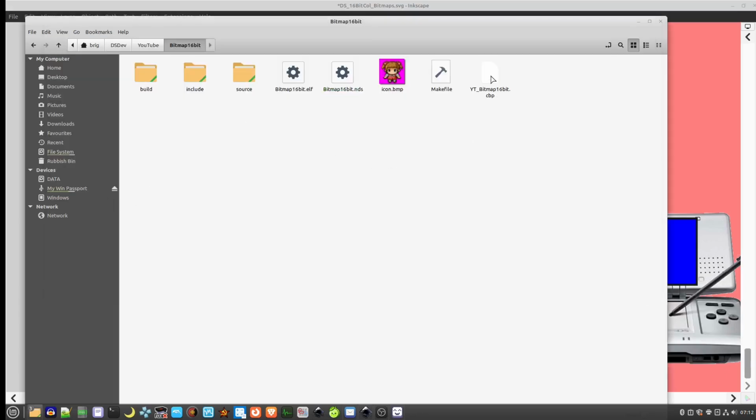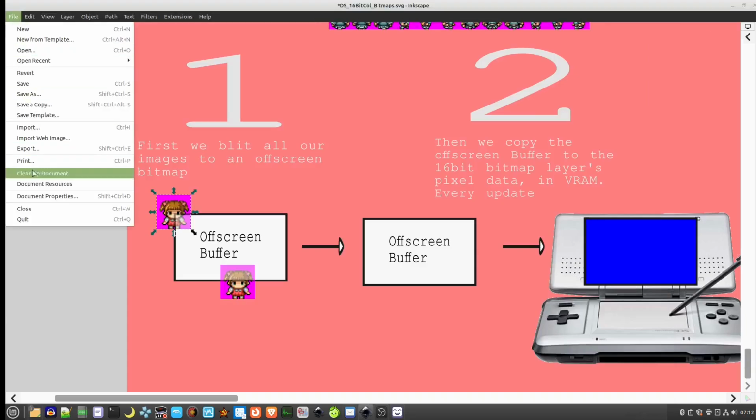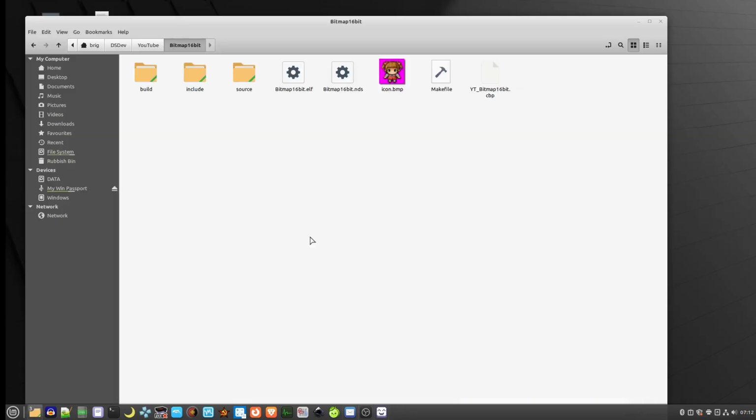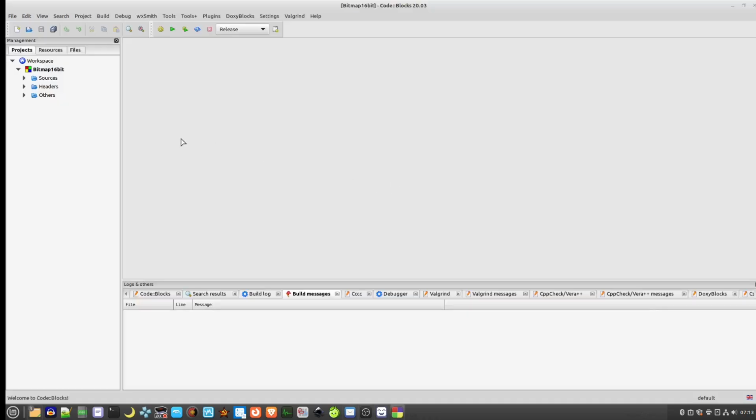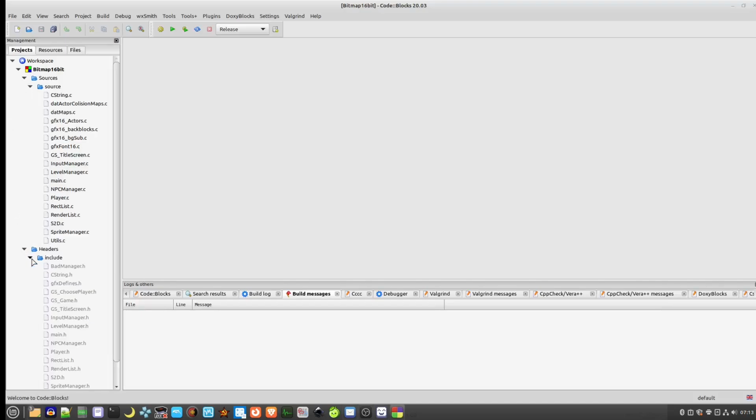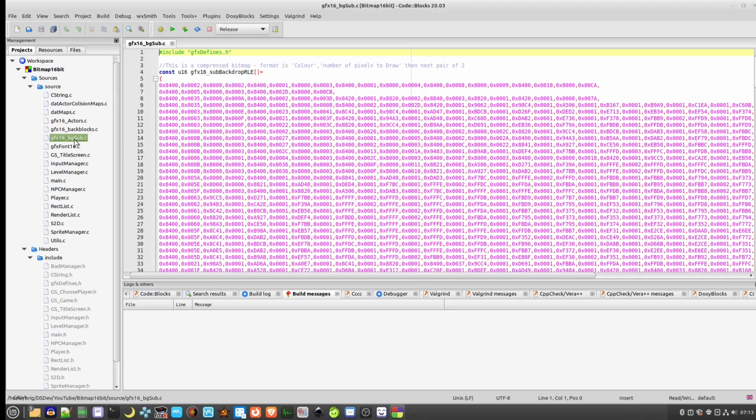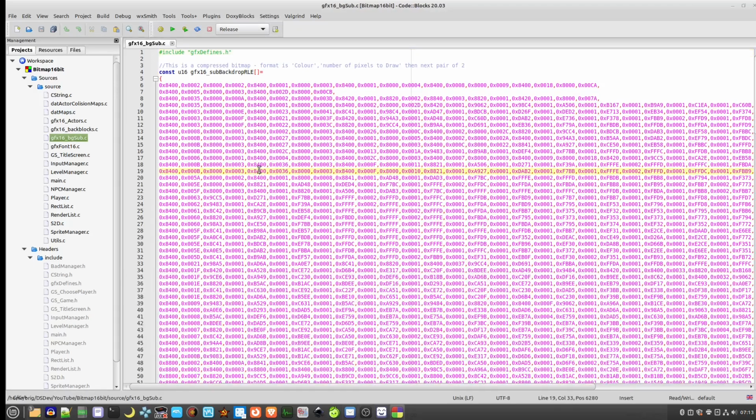So I'll jump into the code now and go through some of the core bits and pieces that I want to talk about. So first off, we'll talk about the run length encoding. So if I bring up the background image,